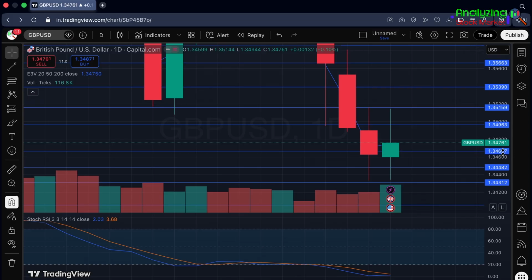Here the direct support is 1.34667. The direct resistance is 1.34963. After the direct support, there is a support of 1.34482 and then 1.34312. After the direct resistance, there is a resistance of 1.35159 and then